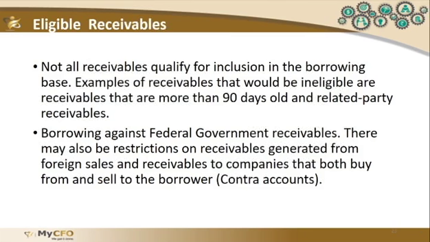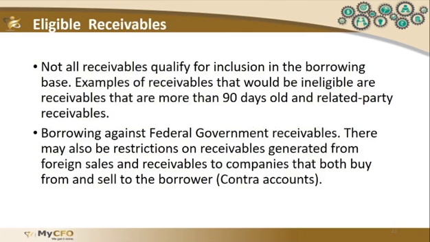Borrowing against federal accounts, so government receivables, if you have any, requires a special assignment of claims to be filed, which banks would generally want to avoid. They generally remove this kind of receivable from the borrowing base straight away because they don't want to get into following up with the federal government in a liquidation scenario. There may also be restrictions on receivables generated from foreign sales and receivables from companies that both buy and sell